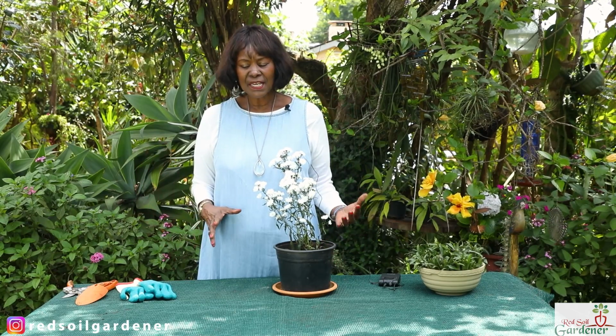I got one bloom here, one bloom there. So what I've done is actually go there and uproot it, and then decided this time I will get it right and actually put it in full sun. Now the thing about that is, when I did uproot the plant, I realized,